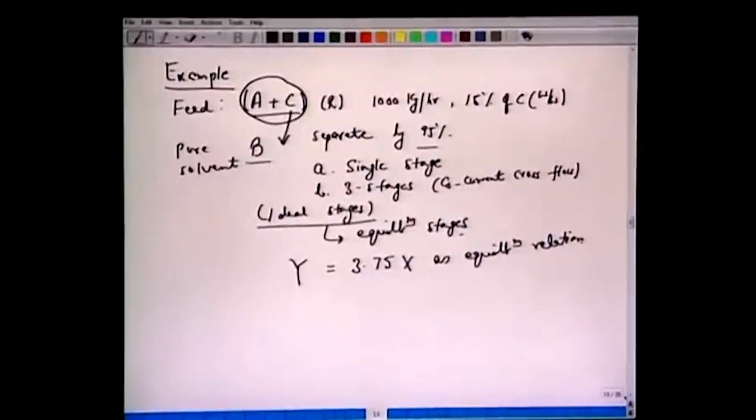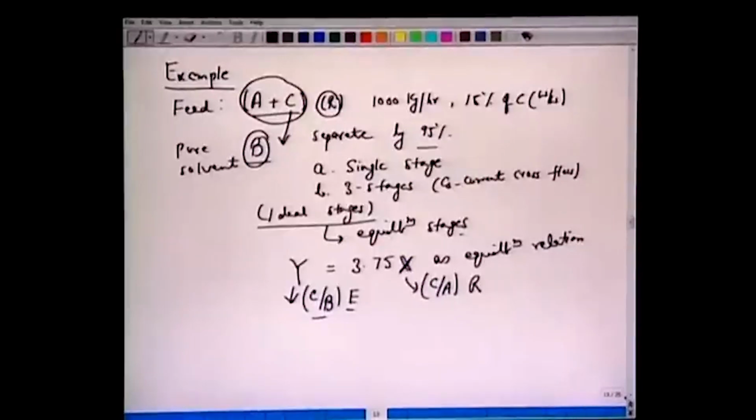Okay. And very important to note that this y reflects the concentrations of solute in solvent. So, this is actually C by B, solute free basis. So, we are using this capital X. So, this X is C by A in the feed or R phase. So, this is your R phase, and if you recall earlier nomenclature, this is your E phase. So, 2 streams A plus C, R, is brought in contact with B,